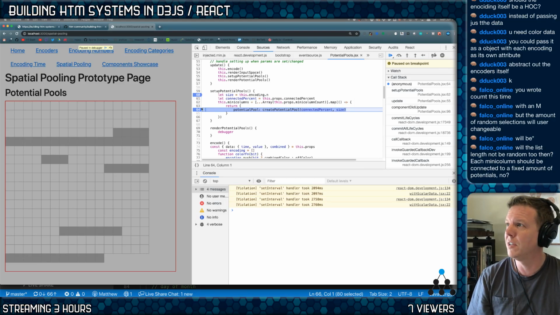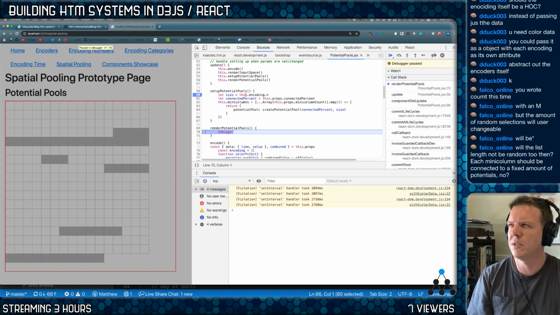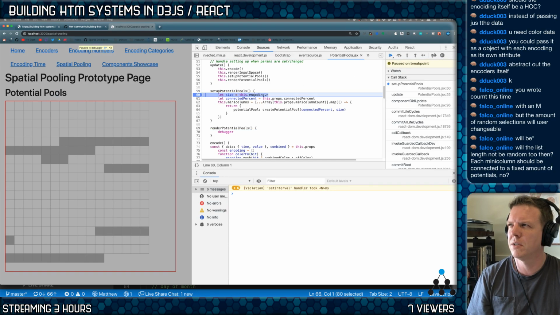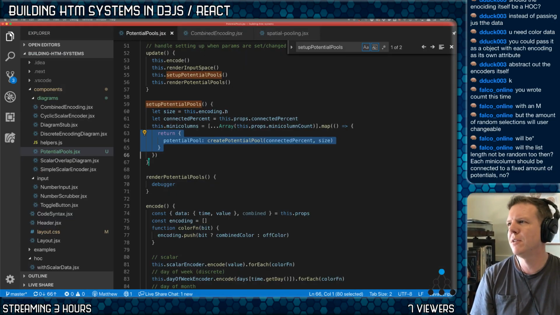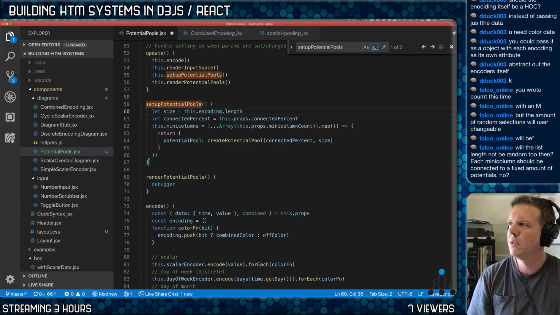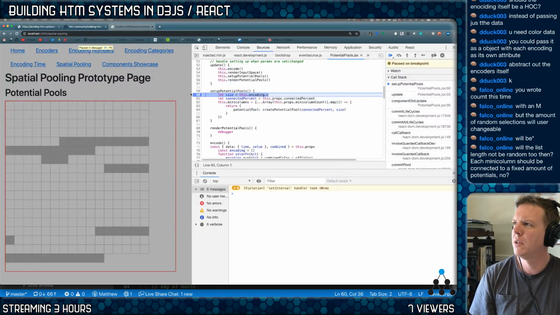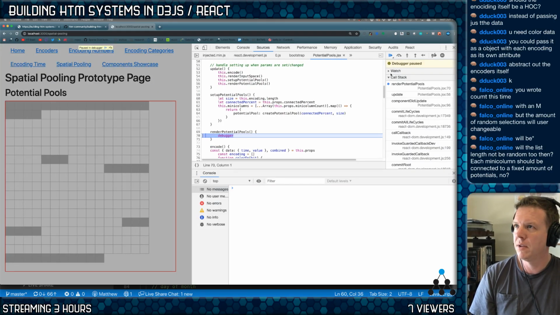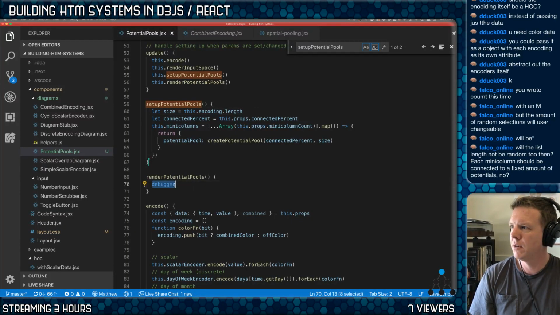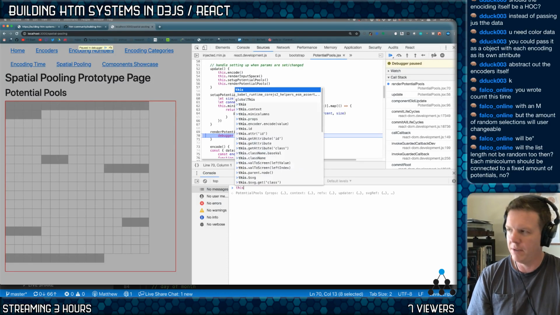Size is still undefined. This doesn't make much sense to me right now because, oh, the encoding has no, oh, it's length, it's not n, it's length. That's what the problem is. Okay. I need to take that out. But I should at least have this dot